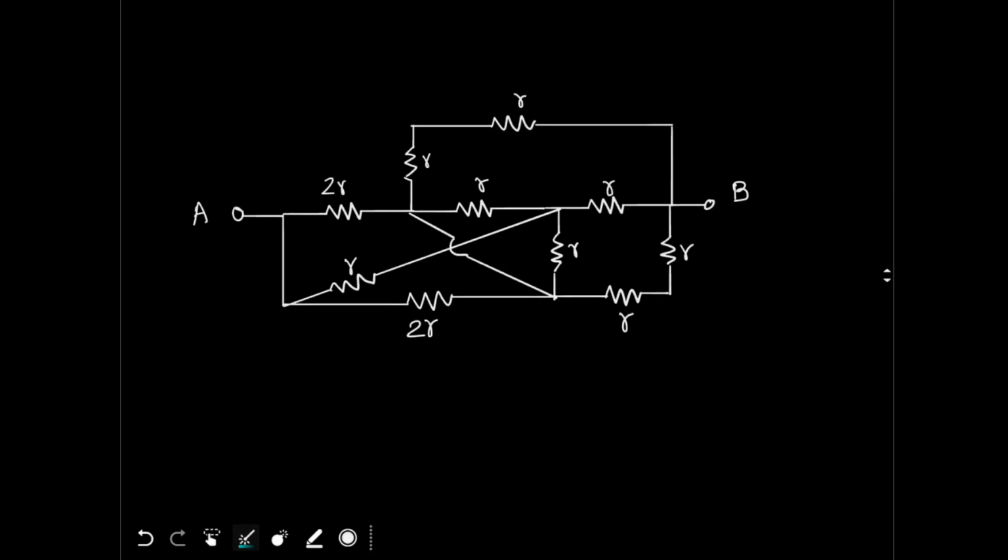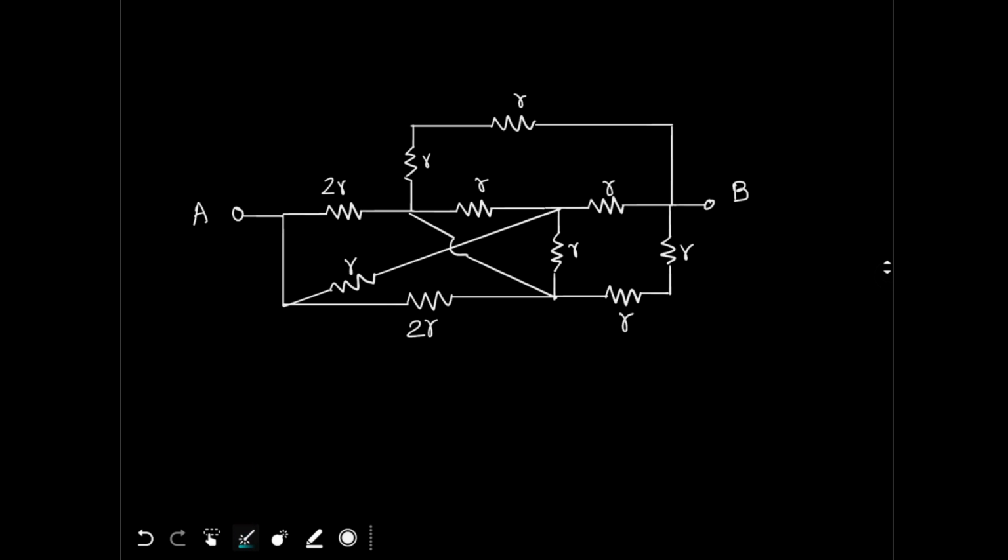First thing, you have to find all the parallel or series combinations, and whenever you get such a complex circuit, remember that it will be simplified into something simpler. Most probably it will be a Wheatstone bridge, or some symmetric circuit. I'm not saying every time, but most probably. So we have to try to find some sort of symmetry, but before that, obviously try to combine all the series and parallel combinations whichever possible.